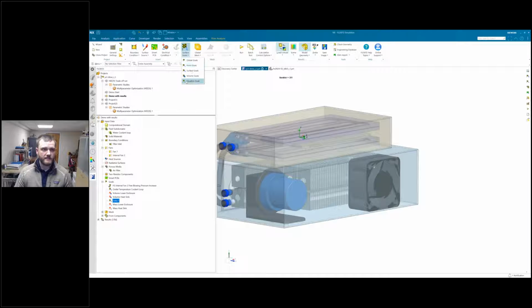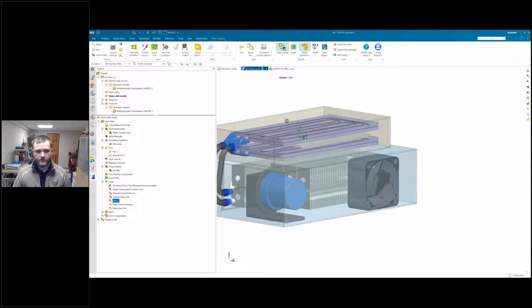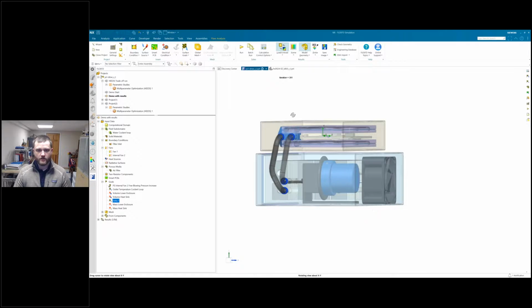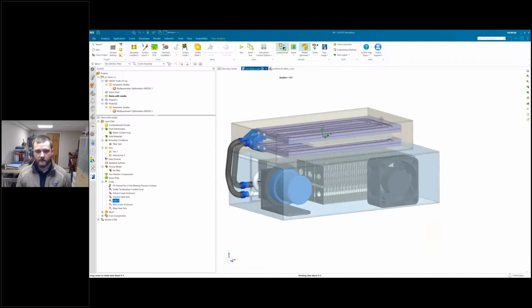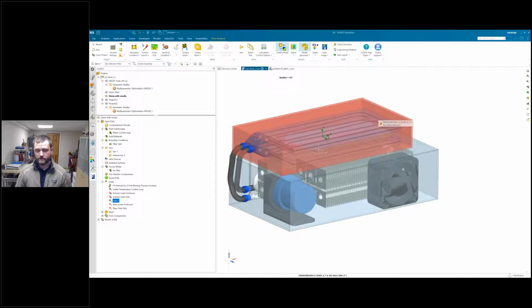Any of those goals that we mentioned can then be used in equation goals. Maybe we have a pressure here and a pressure at the pump inlet, and then we want to know what the delta P is across the pump. So we could define an equation goal for that. So once we've solved, this solution took about 30 minutes to solve on a workstation at the current mesh conditions. So a very efficient solve for something this complex, where you have multiple fluid domains, small passages, and small intricate features like the fins on the radiator, etc. That's a very fast solution in terms of CFD.